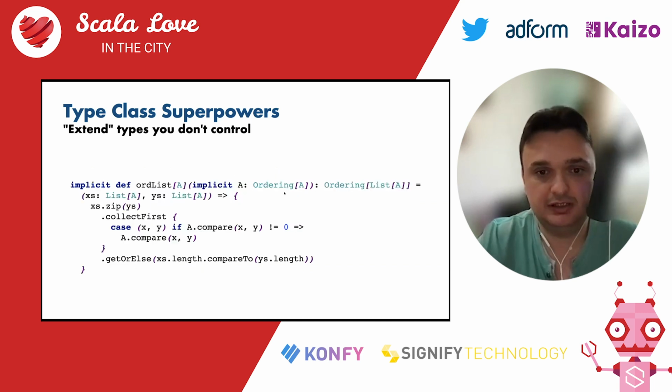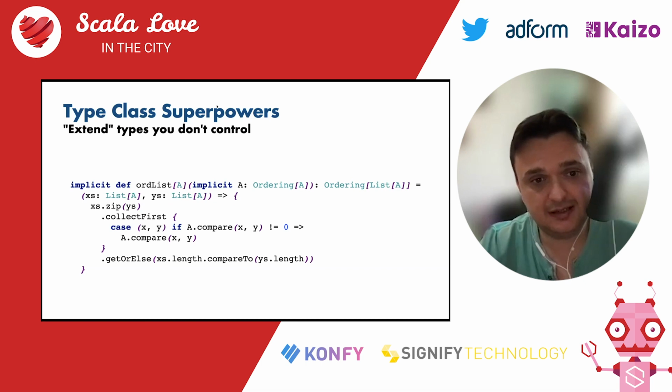In case we have an ordering for an A, we can define an ordering for a list of A. Now the implementation is not really important here. I might find a more elegant implementation, but I did this half an hour before the presentation. And you can derive pretty much anything, including case classes, but for case classes, you have to use shapeless, or